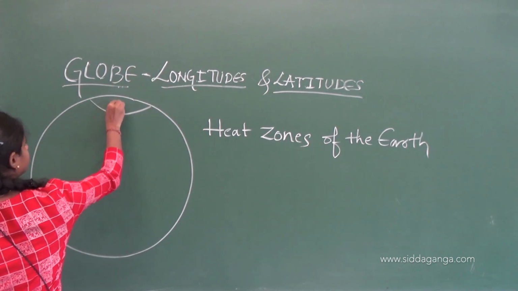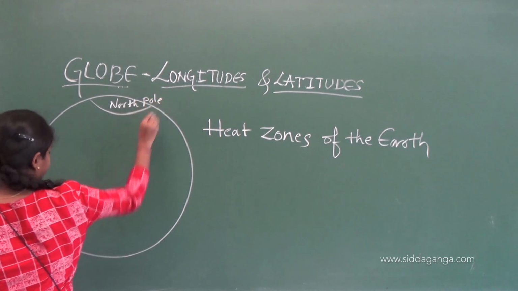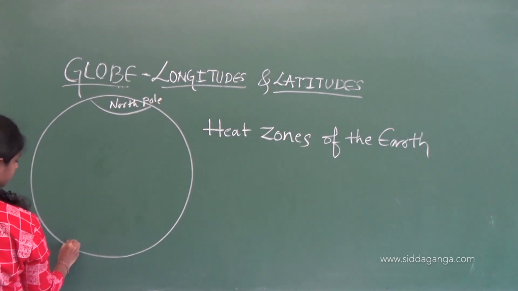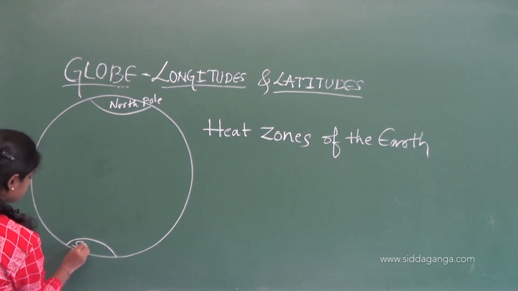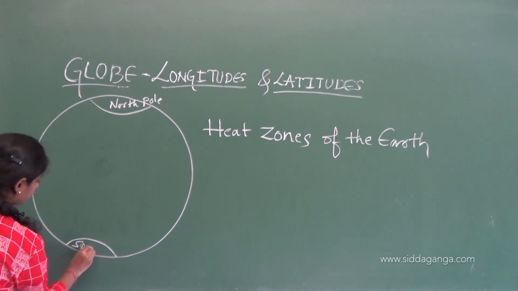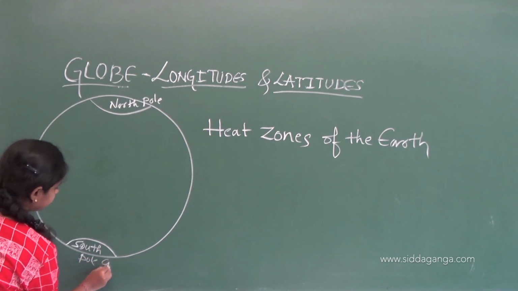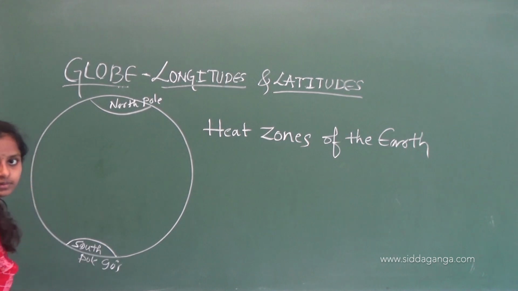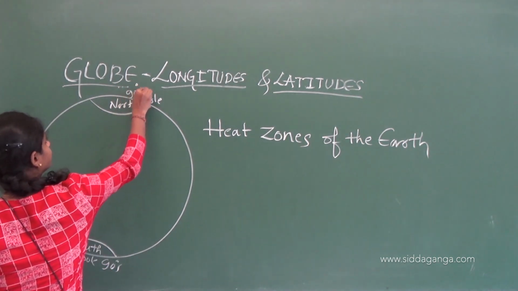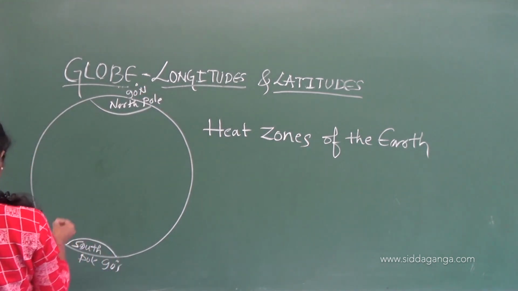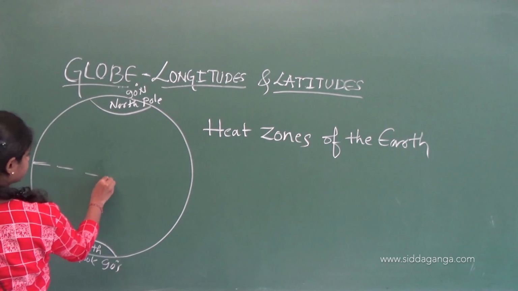This is the North Pole, and this is the South Pole, which is 90 degrees south. And this is 90 degrees north, and here comes the equator, which divides